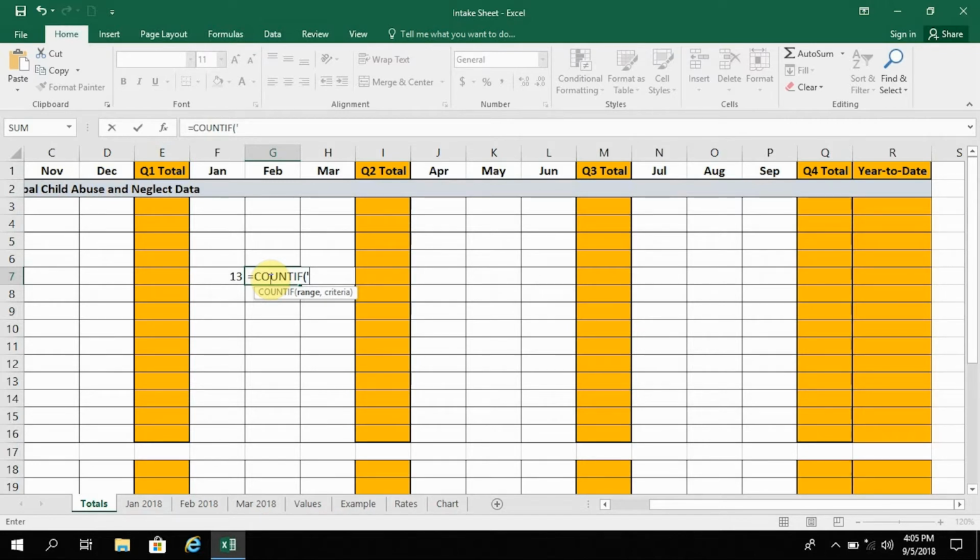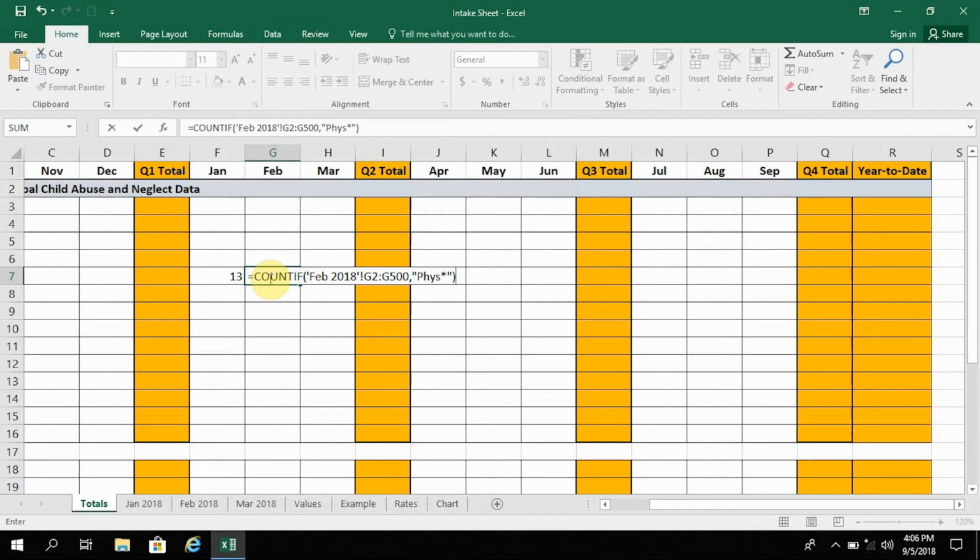Only this time we want it to look in a different sheet. We want it to look in the sheet for February. So we're going to say Feb 2018, then close the single quotation marks, exclamation point, and then we're going to put in the range, and we can use the same range, G2 through G500. Okay, so that is our range where we're telling Excel to go and look, and then we put a comma in here, and we're going to tell it, once again, to look for anything that starts with the letters phys for physical neglect. Okay, we're going to close quotation marks, close the parentheses,